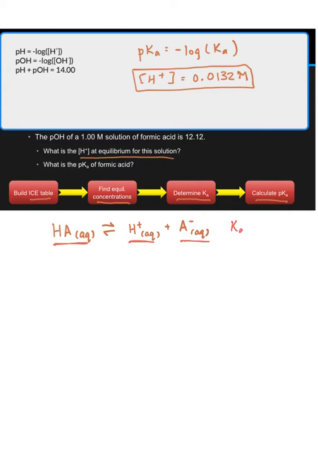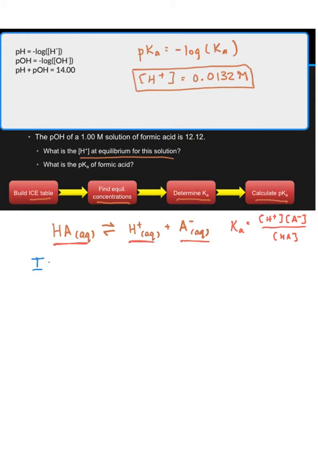For this reaction, we write a Ka value, which is the concentration of H plus at equilibrium, times the concentration of our anion, in this case formate, but again it really doesn't matter what that anion is, divided by the concentration of intact molecular weak acid. Our ice table for this reaction